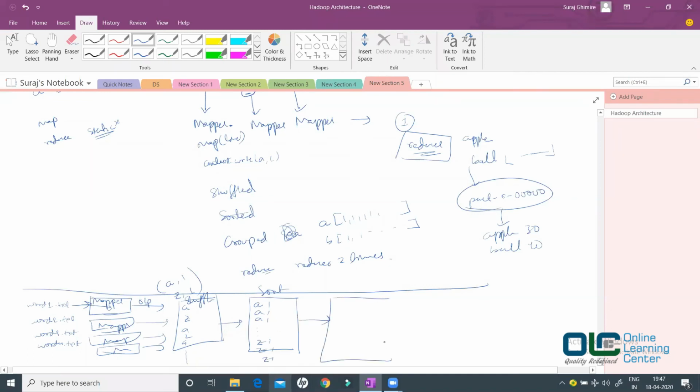Next, after shuffle and sorting, you'll say group by. So the data will all be grouped like this: A 1111, B 1111, dot dot dot, Z 1111. Done. So the data is completely sorted from A to Z, and then grouped by. Now you felt that you will use 26 reducers. So you wanted to use 26 reducers. Okay. So if you are using 26 reducers, then what will happen is, suppose you have a 50 node cluster, 1 2 3 4 5 dot dot dot, 50 node cluster.